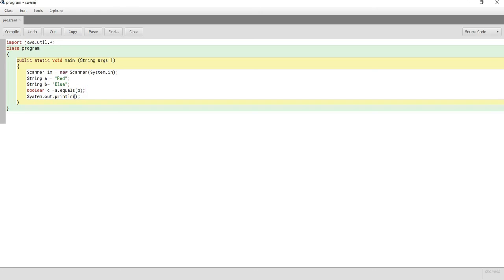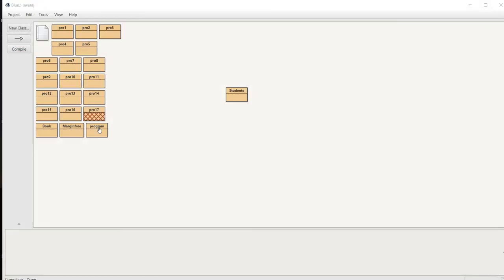So if the statement is correct, meaning if A is exactly equal to B, the system will give us output as true, and if it is slightly changed, or it has a major change, the system will give us output as false. Now let's compile this. It has no syntax error. Now we will try to run this program.